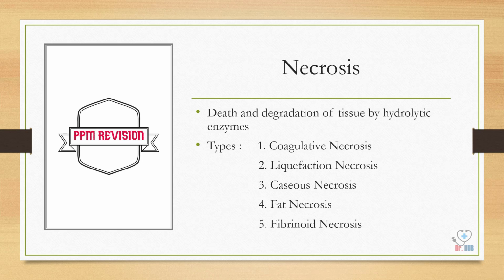Then moving on to fat necrosis. Fat necrosis, as the name suggests, affects only the adipocytes, and examples are traumatic fat necrosis of breast and the mesenteric fat necrosis during acute pancreatitis. So talking about what happens in acute pancreatitis, there's a release of pancreatic lipase, and